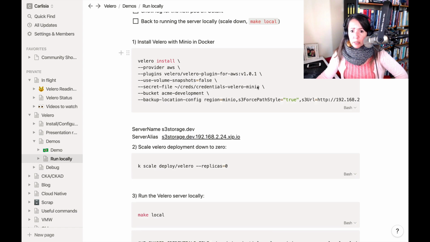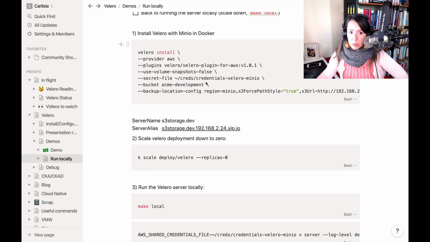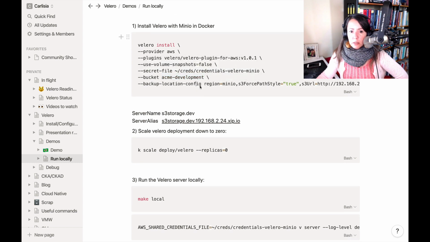The secret file is pointing to an actual file that has the credentials for the Minio instance, which is, in my case, the one that comes with it. minio and minio123 is of no significance. You are allowed to know that. It's no big deal. When I set up Minio following the instructions in the Minio documentation, I named my bucket acme-development. And this down here is all the configuration needed for Velero to set up an object that we call